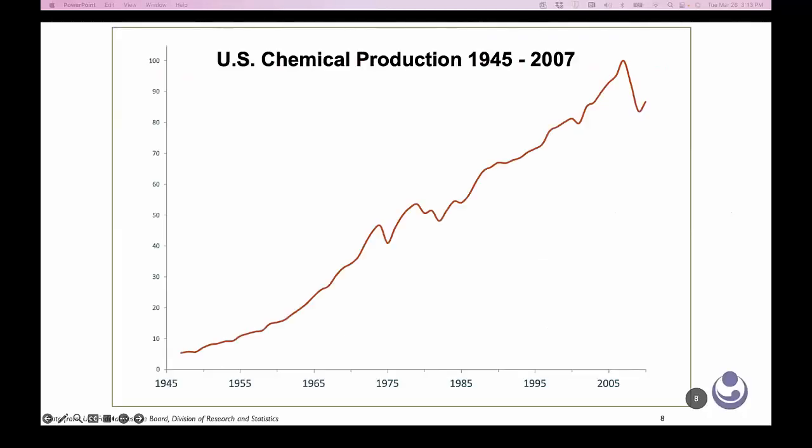And even though the environment can mean a lot of different things, much of the focus of environmental health has really been on chemical exposures. And that has a lot to do with the fact that since World War II and over the past few decades, chemical production has really increased dramatically. This is data from the U.S. Federal Reserve Board showing a 23.5-fold increase in chemical production between 1945 and 2007. And that has a lot to do with the Industrial Revolution and the increase in the production of synthetic materials since World War II, which has really been instrumental to modern day living.